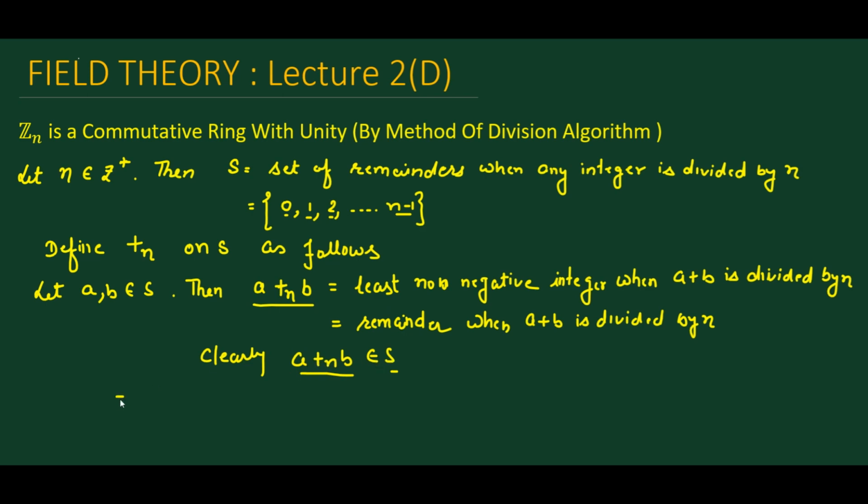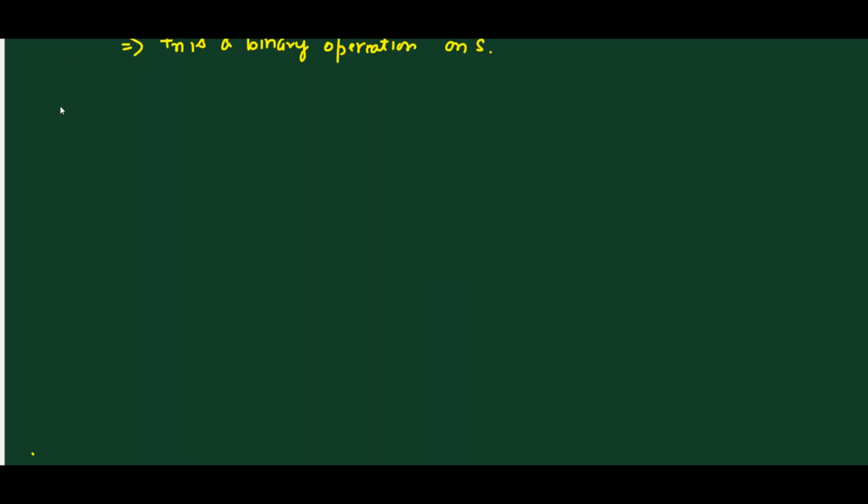Therefore, this implies that addition modulo n is a binary operation on S. Now we will use the concept of the division algorithm here to proceed further. So by the division algorithm,